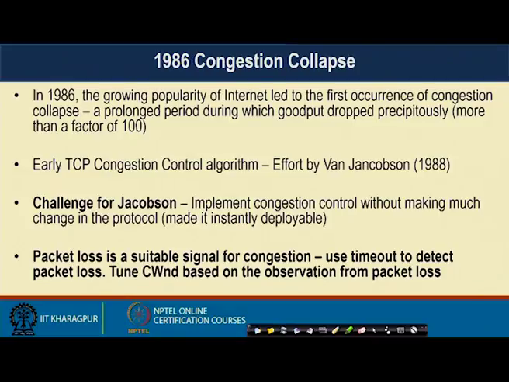But the challenge for Jacobson was to implement the congestion control algorithm without making many changes in the protocol. It was necessary to make the protocol instantly deployable in the network, because during that time many of the systems were using TCP for transmission of data, and